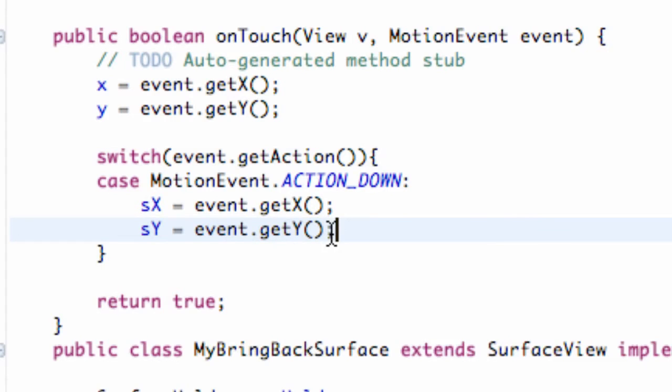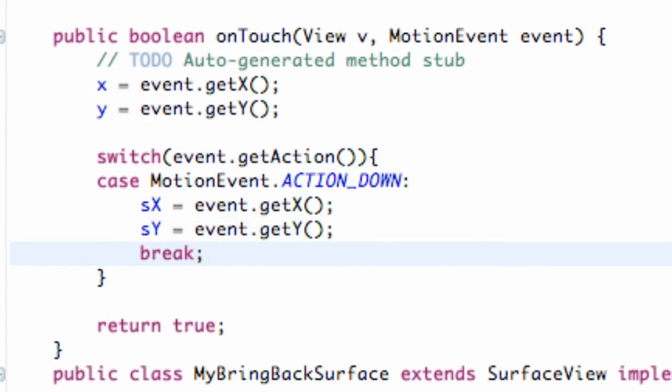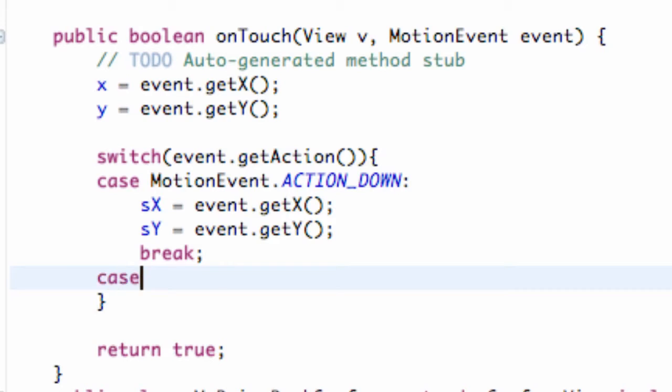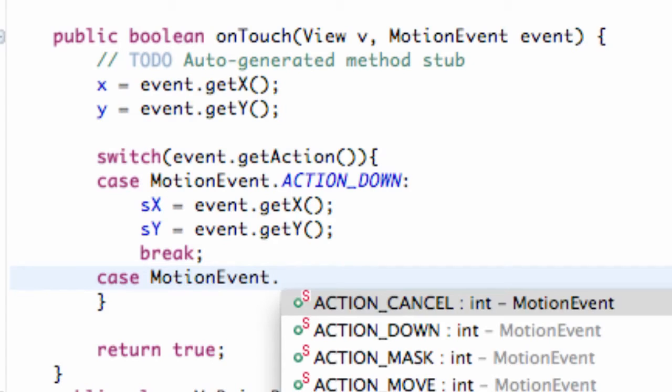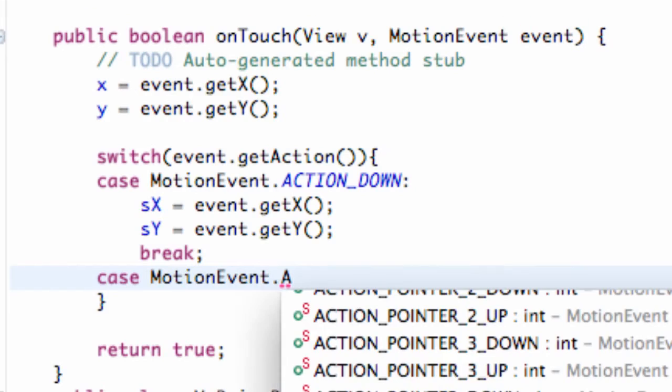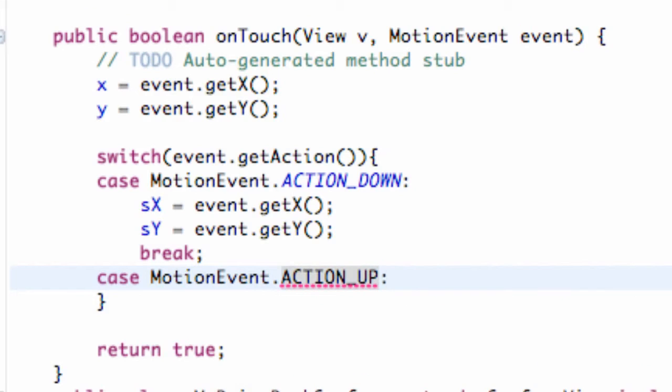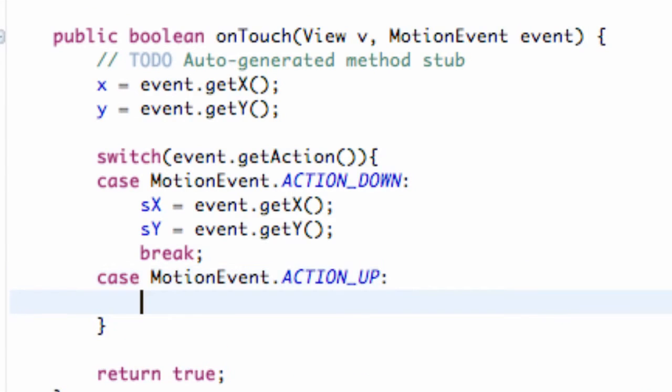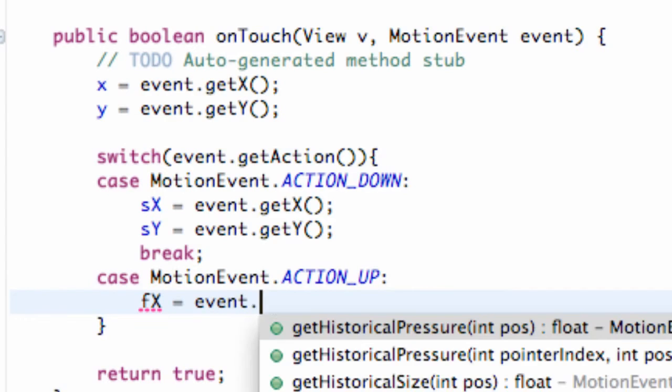And there we go, and then all we have to do is say break here, and then we're going to set up our other case, which is going to be the release. So we're going to say motion event dot action up. So type that out, and that's when we're going to let our finger off of the screen, and then we're going to set up our final X, and this is going to be again event dot get X,